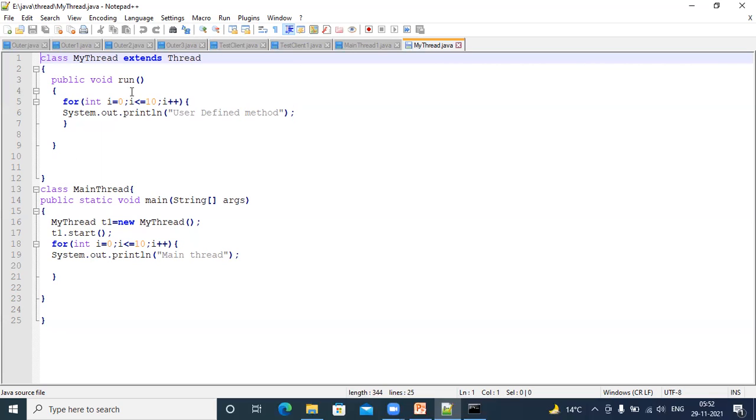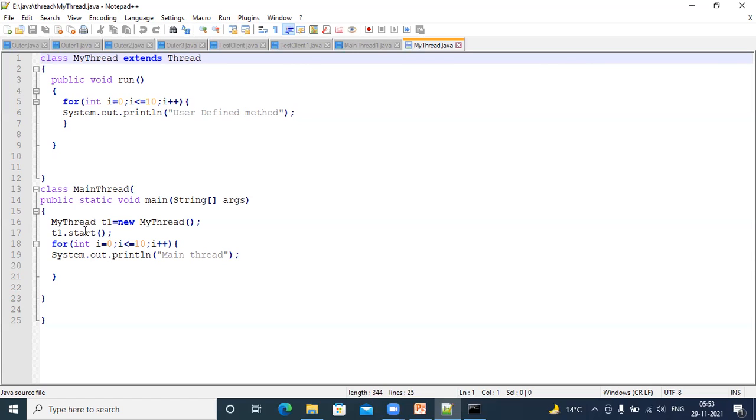Here we don't have any kind of start method. This start method is of the Thread class because we are extending Thread. So start is coming from the Thread class. Now the Thread class has a run method. So what is happening here?